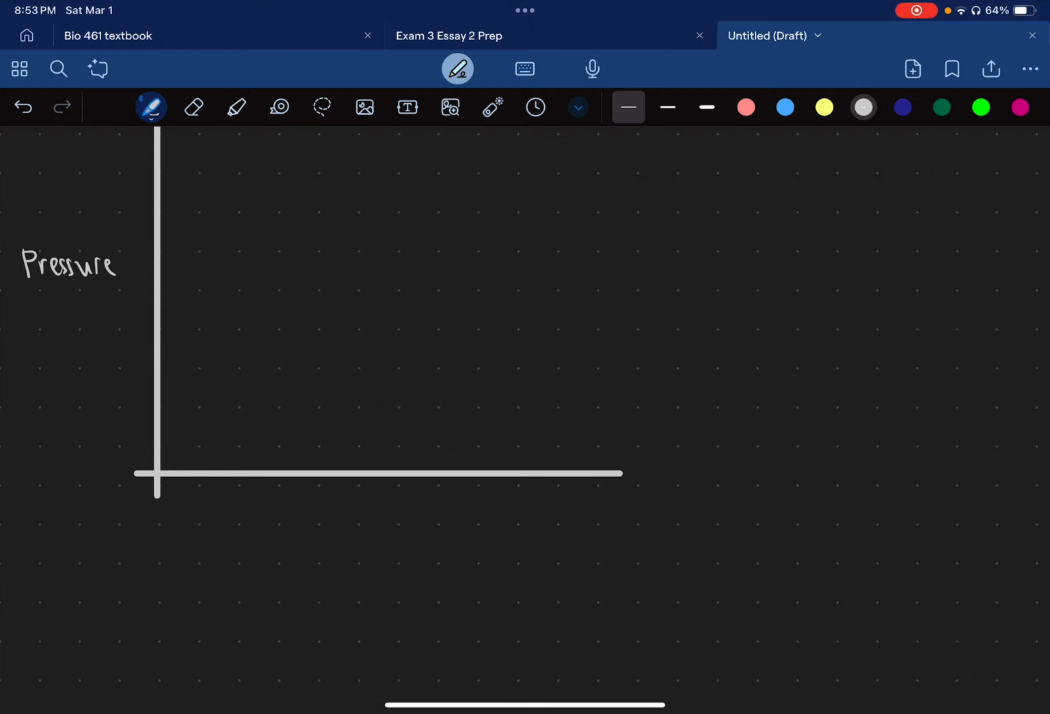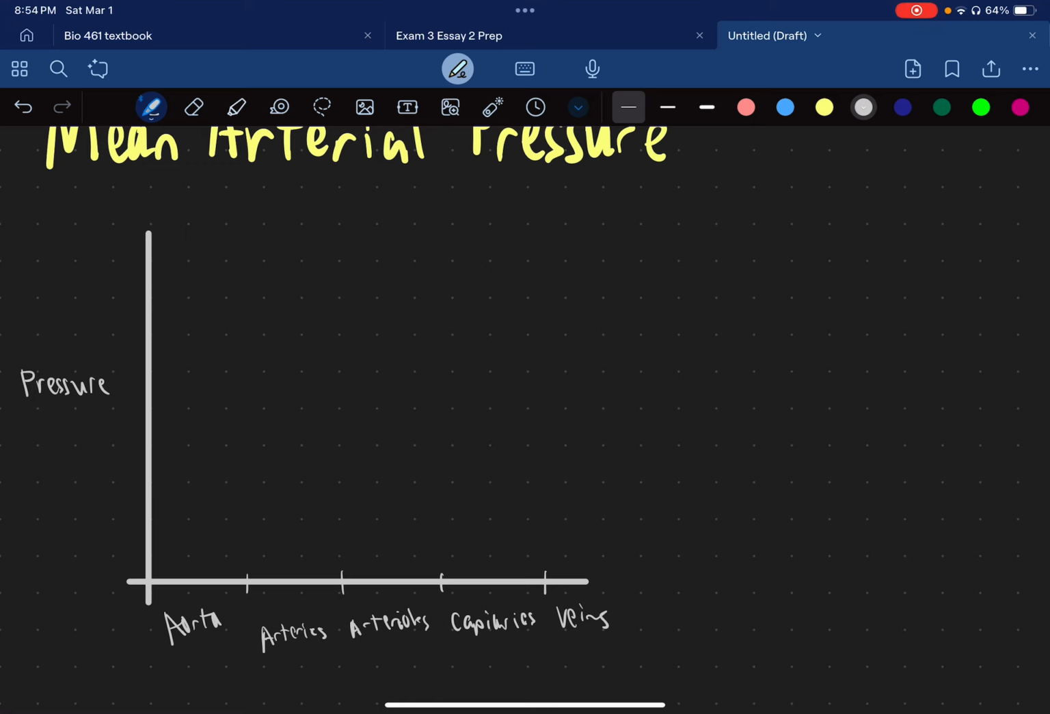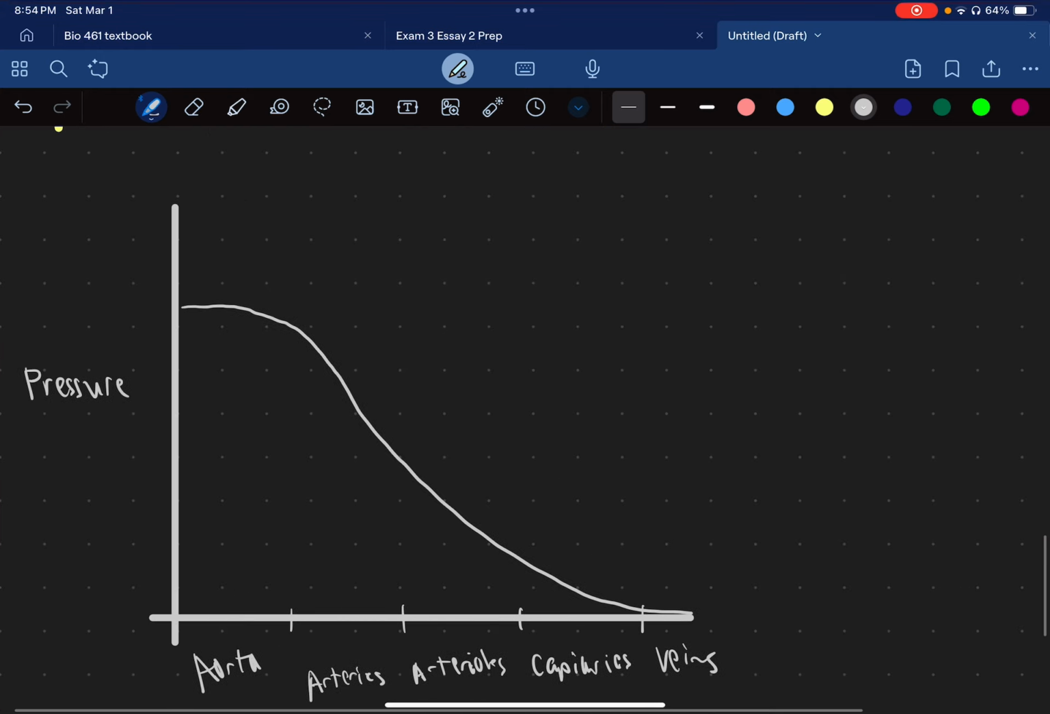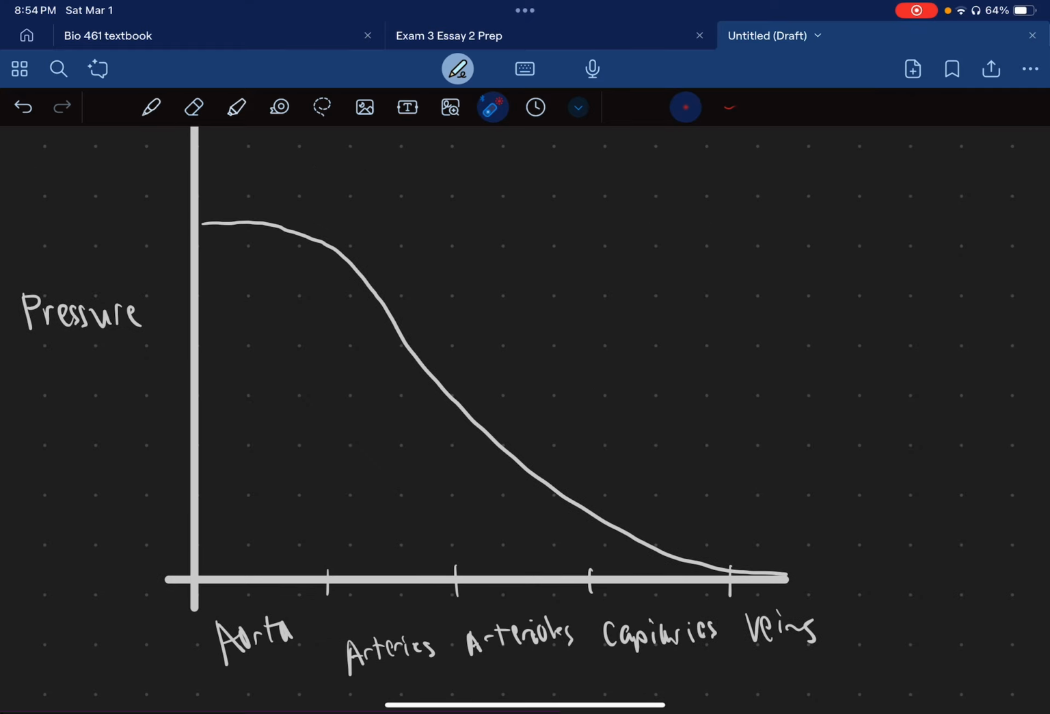here just a couple different structures. So we've got our aorta, our arteries, arterioles, capillaries, and at the end, veins. So we're going to have this main line that represents our mean arterial pressure. Okay, so this is our mean arterial pressure, and as you can see here, the pressure is going to be